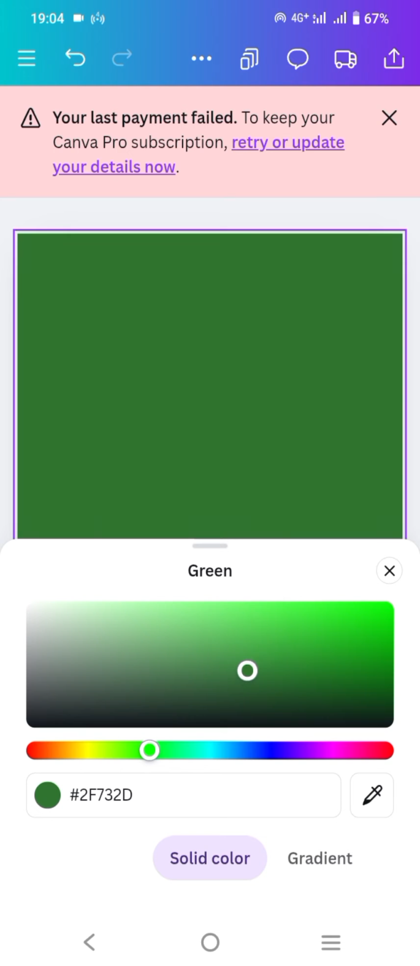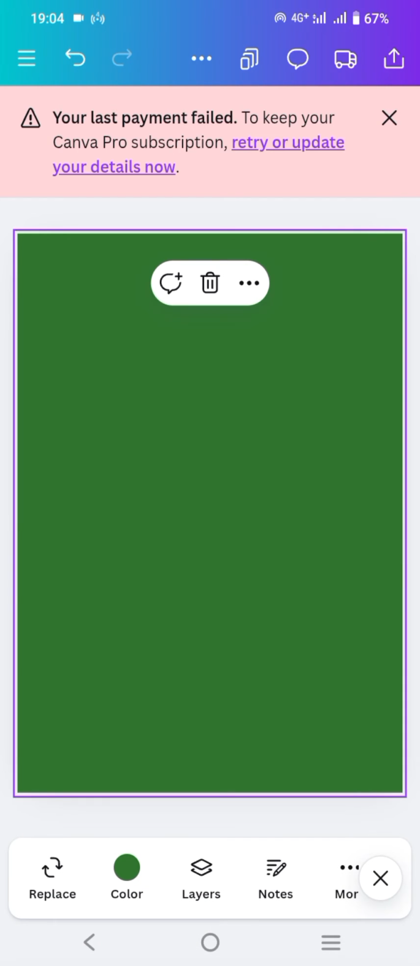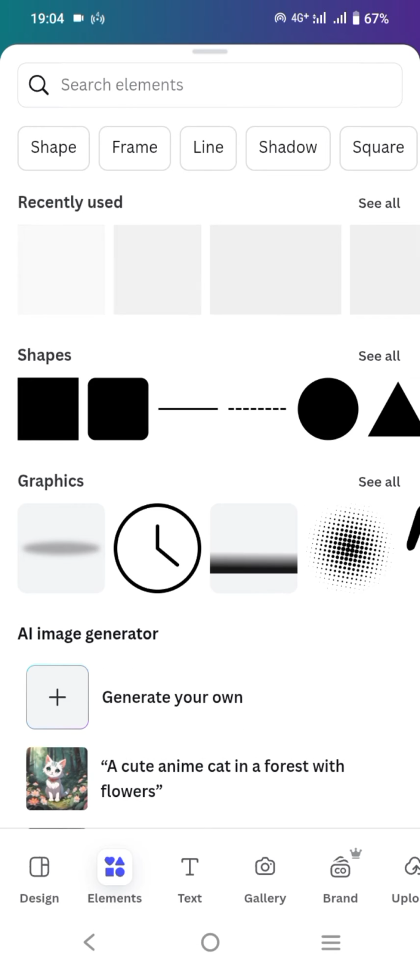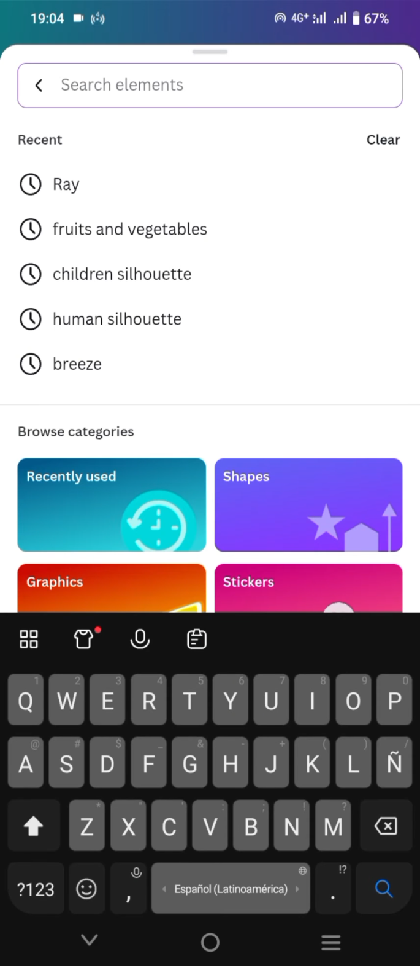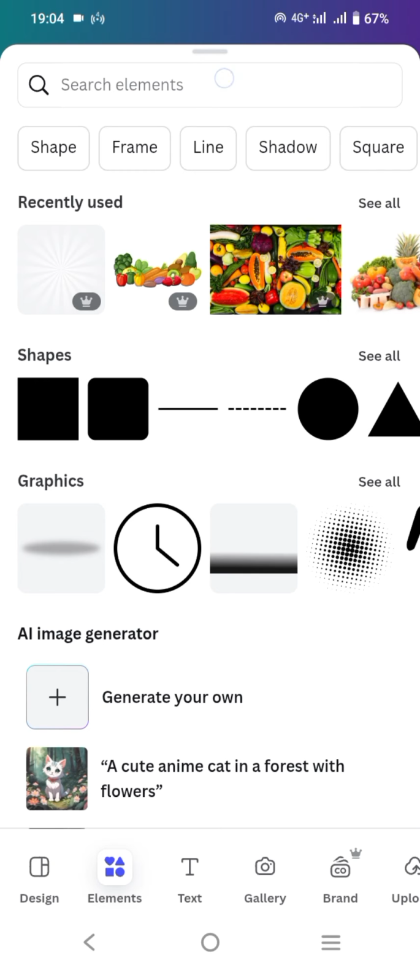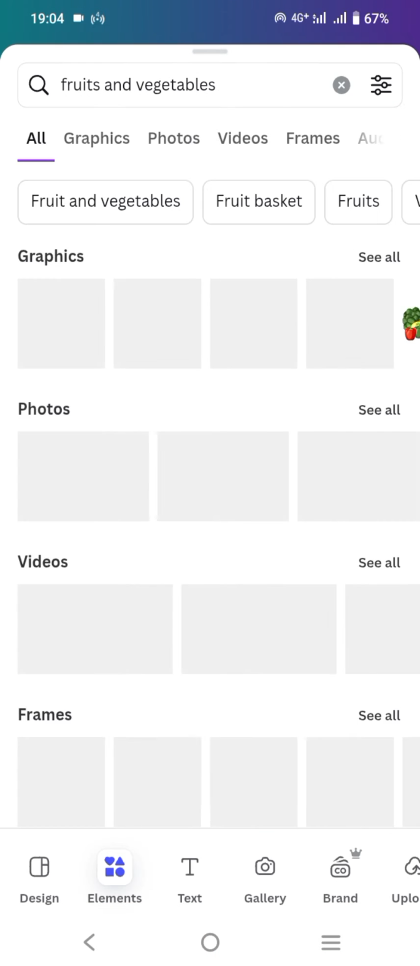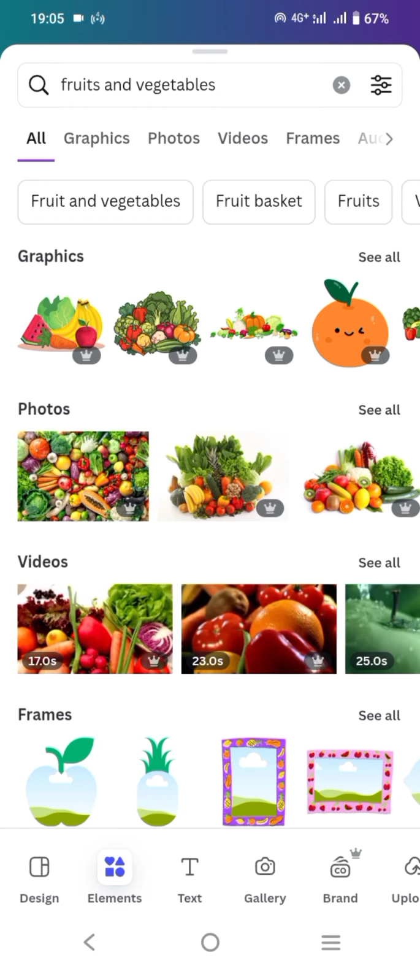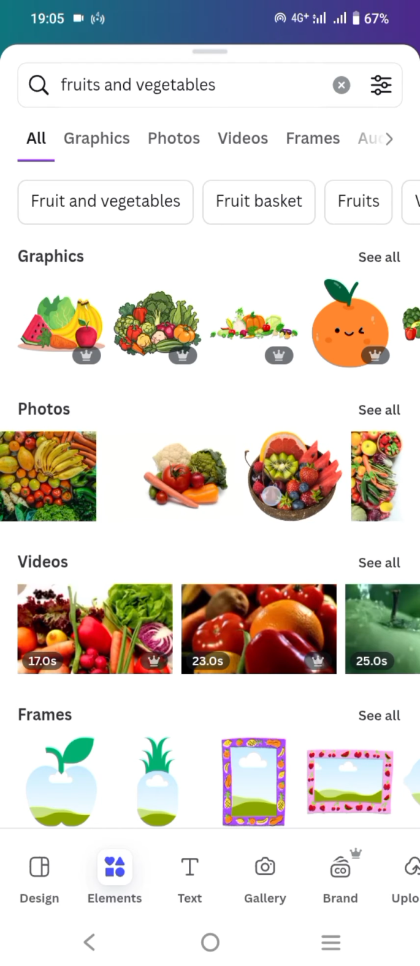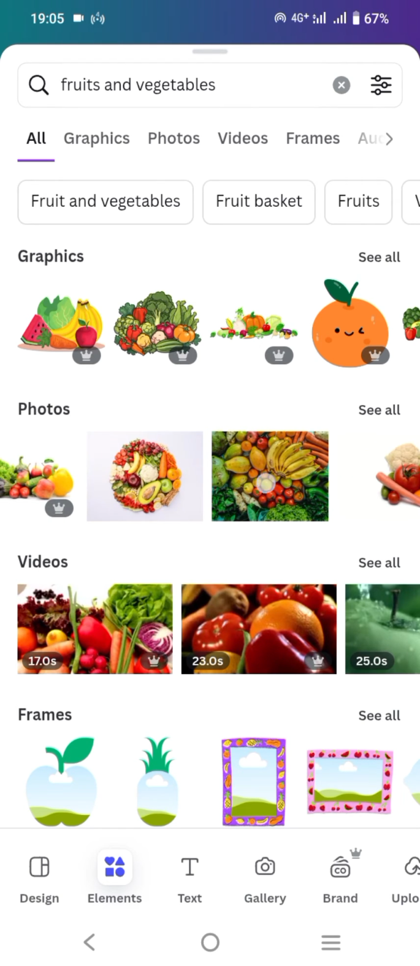Let's say I will choose this green, and after that you can close it, and you can start to add elements here, such as pictures of vegetables or fruits, something like that. For example, here I will choose fruits and vegetable, and let's say I will choose this picture,